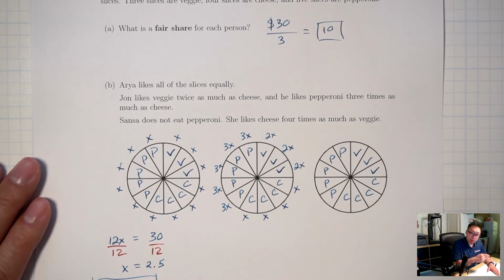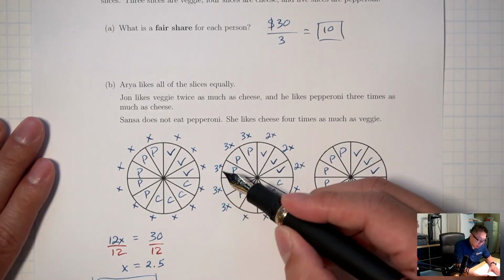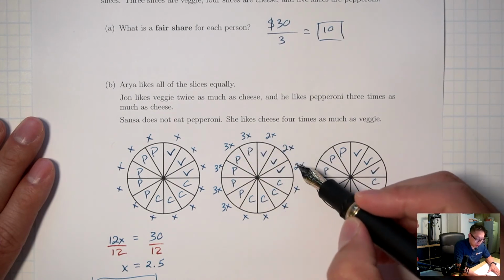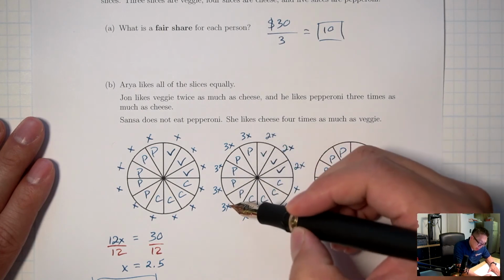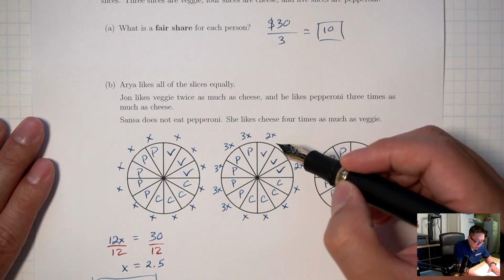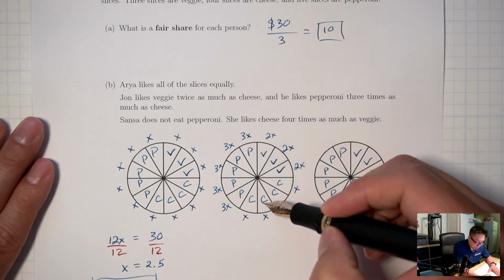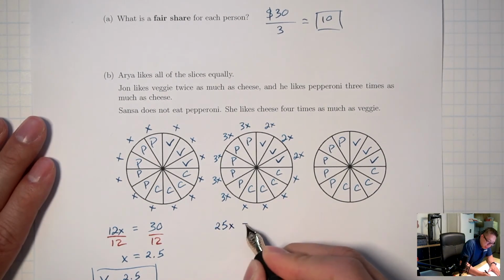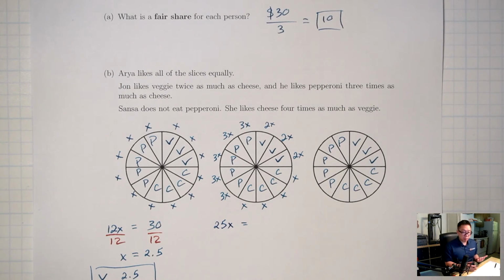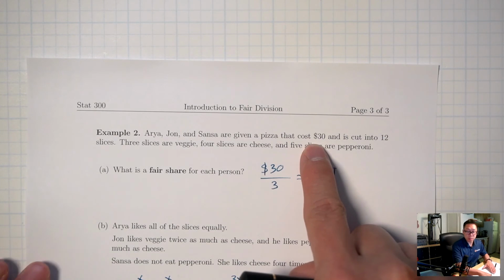Okay. Add up the X's around the pizza. So 3 plus 3 plus 3 plus 3 plus 3 plus 2 plus 2 plus 2 plus 1 plus 1 plus 1 plus 1. The 3's, there's 1, 2, 3, 4, 5. That's 15. 16, 17, 18, 19, 20, 21, 22, 23, 24, 25. 25 x's all around. Set it equal to the total value of the pizza, not 10, which would be 30. That's the total value of the entire pizza.